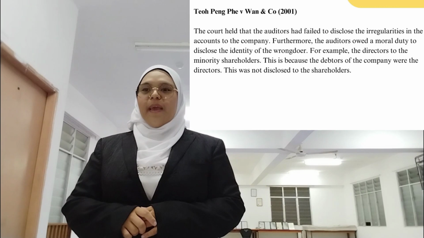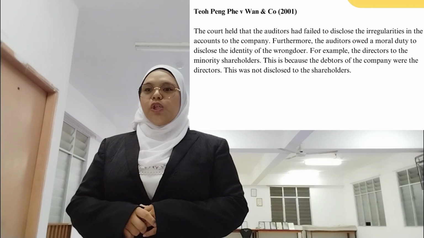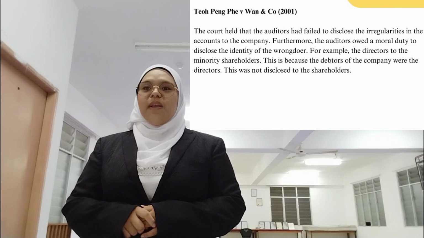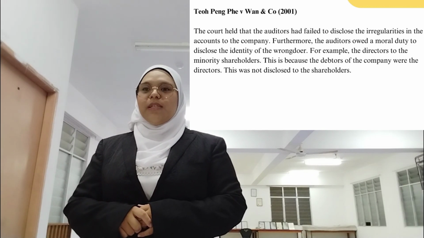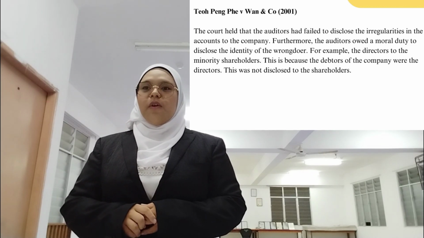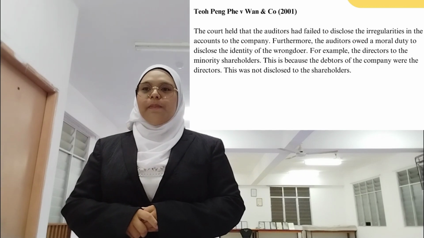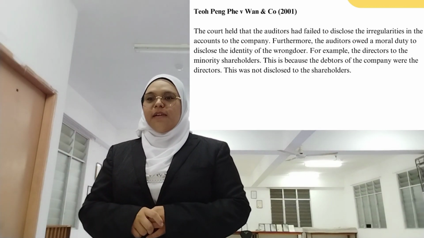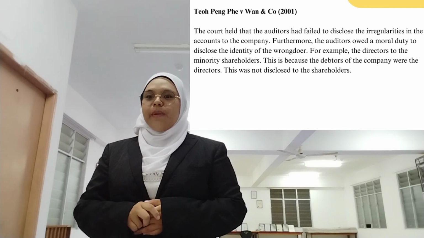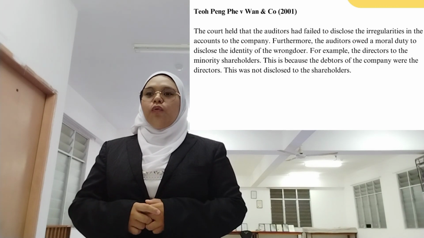In the case of Teo Peng Pei against One & Co., it was submitted that at the extraordinary general meeting, an item of an agenda saw a resolution that members ratify loans and advances made to certain debtors of the company. These debtors, it was allegedly, were wholly or substantially companies in which the directors themselves had interests. The plaintiff alleged that the directors of the company had taken advantage of their position and had utilized funds of the company for their own private purpose in breach of their fiduciary duty, which they owed to members of the